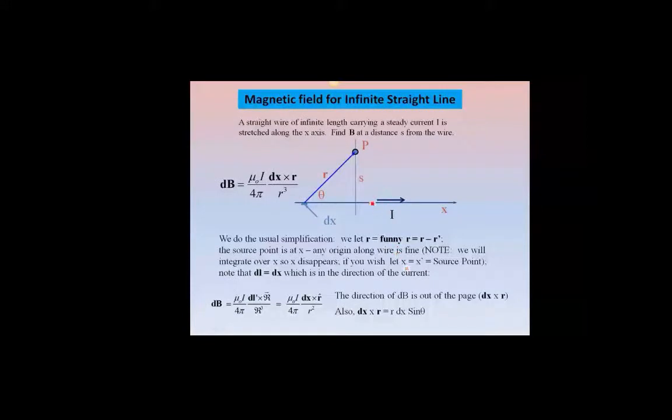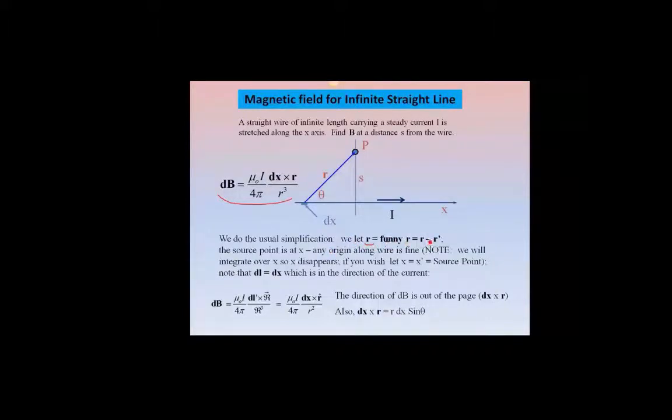So we have a straight line of infinite length carrying a steady current, stretched along, let's say, the x-axis. And what we want to do is find the B field at a point here, which is a distance s from the wire. We start with our equation for dB, and we may use r hat, I can't remember, but we'll see. So we do the usual simplification, and that is we let r be equal to funny r,